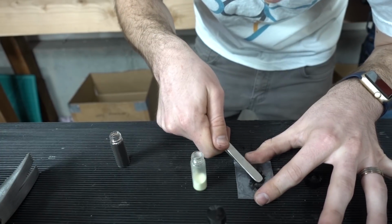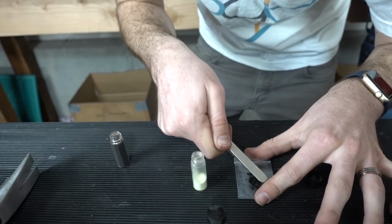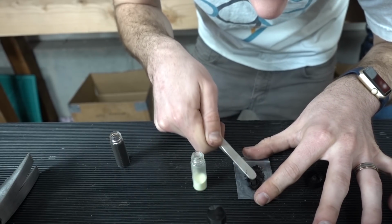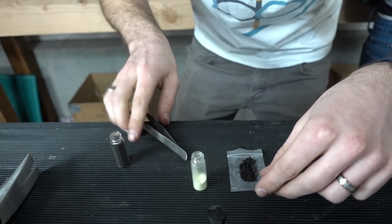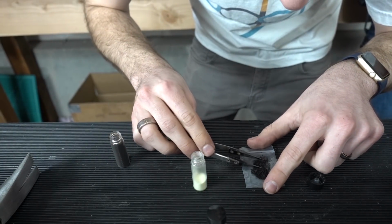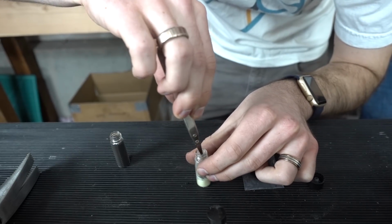I'm using our old stock of black pigment, so if you get pigment, it won't be clumpy like this. We use a new pigment that's a mica powder. So if you're curious why I'm doing that and you don't see it in your pigment, it's because we've since upgraded it. So I've got it laid out here. I've got a bunch of the pigment. I'm just going to use my tweezers and just pick up a good amount of it, put it in there,